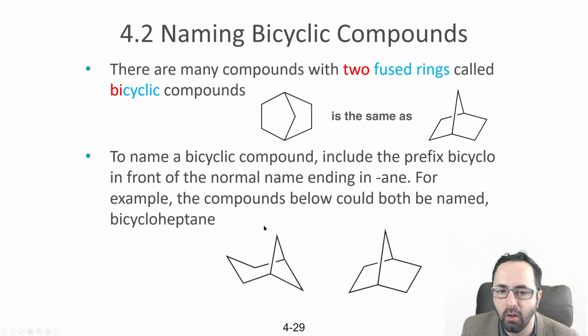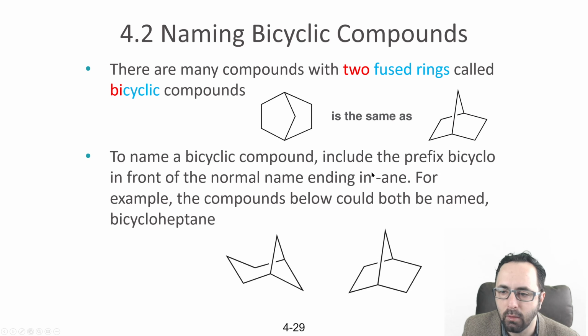In terms of bicyclic compounds, you're going to see a few of these. You've probably never seen these before this class. They've got 2 fused rings. So we've got a ring here, essentially, and a ring here, and they're joined at the top. There's multiple ways to draw these. They're kind of hard to draw in 2 dimensions because they're very 3-dimensional shapes, so there's a few different ways that they can be drawn.